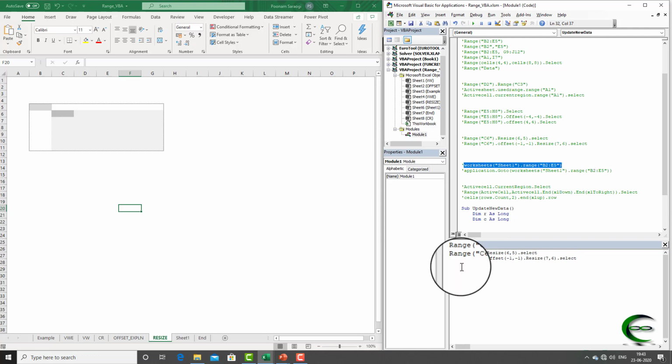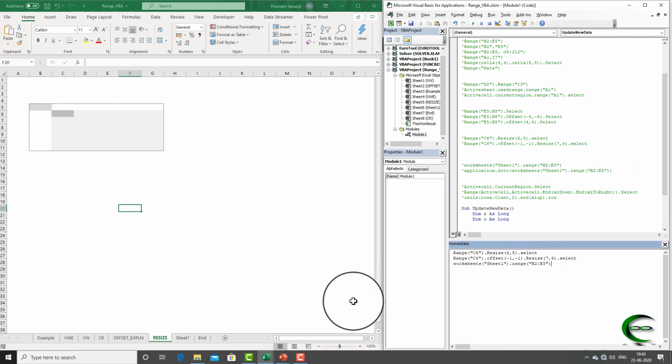If I use this code, worksheet sheet 1, right now I am in resize. The active sheet is resize. You can check this like this, ActiveSheet.Name, it is resize. If I try to select a range in sheet 1, see what happened.